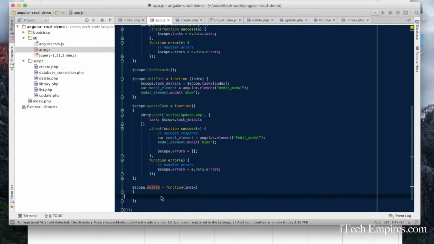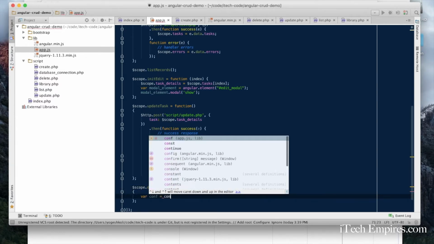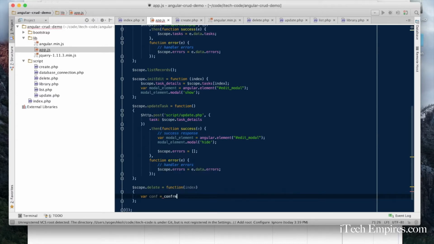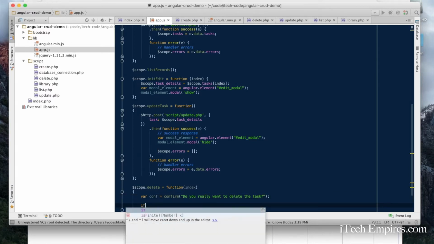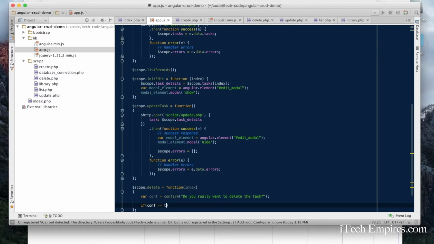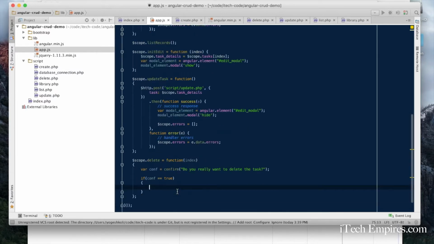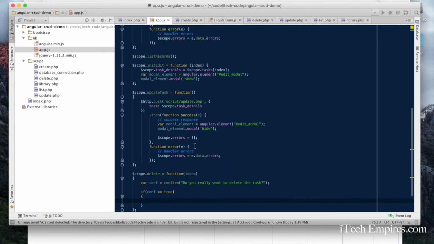So let's add a little confirmation box by using JavaScript. Okay, confirm. Ask the user, do you really want to delete the tasks? So if the user says yes, the response will be true, and then simply